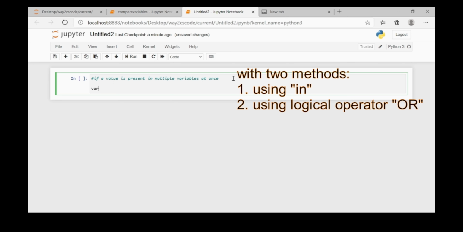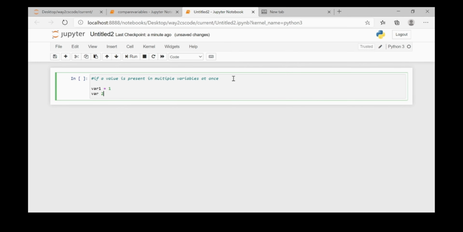So suppose I have three variables, variable 1 which I'm assigning 1, variable 2, I'll assign a value 2 to it, variable 3 and I'll assign a value 3 to it.